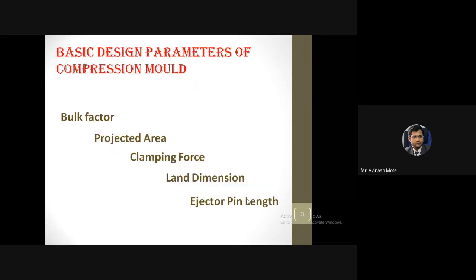Now, in case of the basic design process, we are going to study the bulk factor, projected area, clamping force, land dimensions, and ejector pin. Ejector pin we have already seen. These are the parameters which play a crucial role while designing a compression mold or a compression mold component.